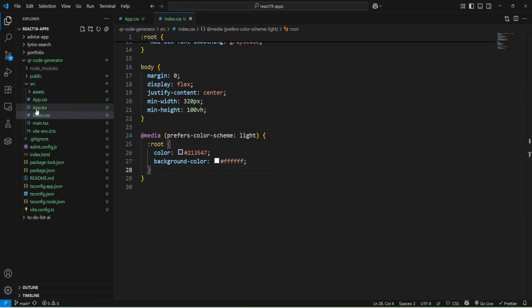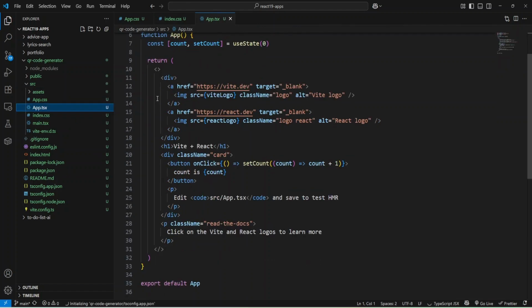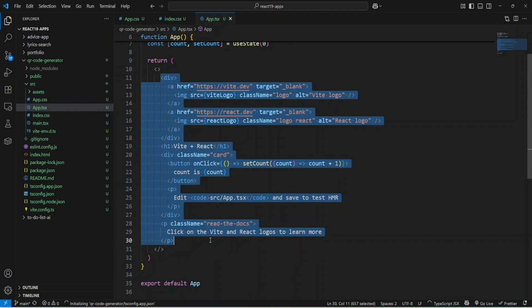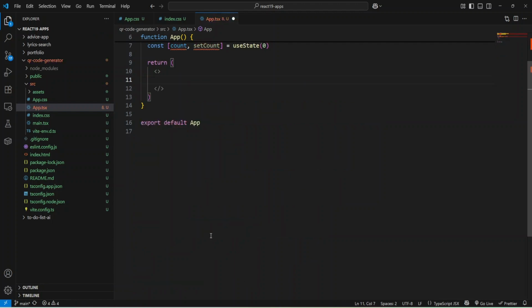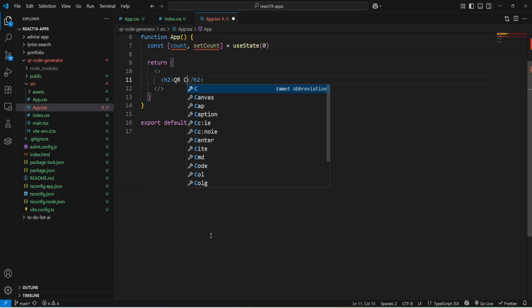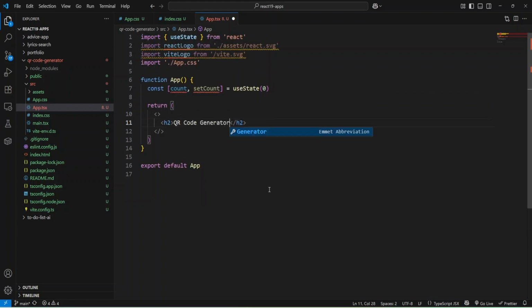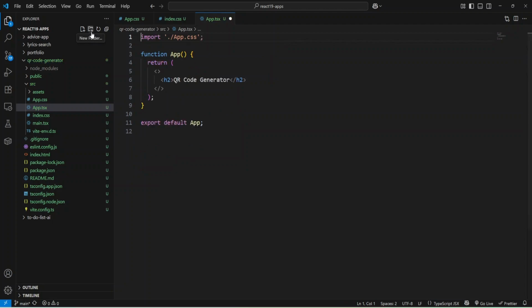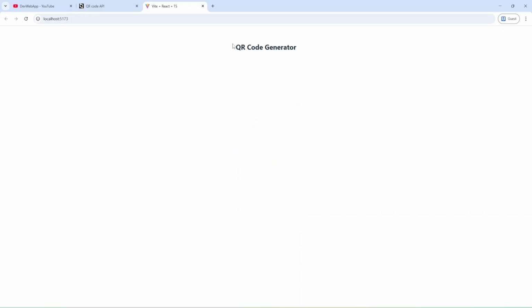Okay, and let's open up TypeScript, and we don't need all this code, and let's add some h2 header and provide the text QR code generator. Okay, and also we can remove this console or use state. Okay, and let's check. And as you can see, we have our QR code generator.